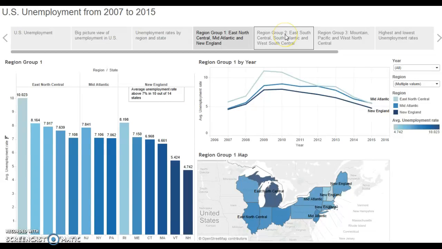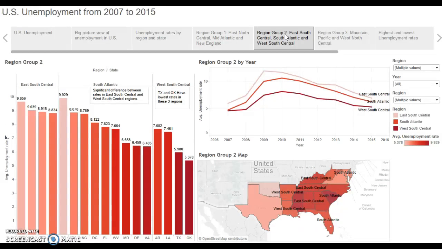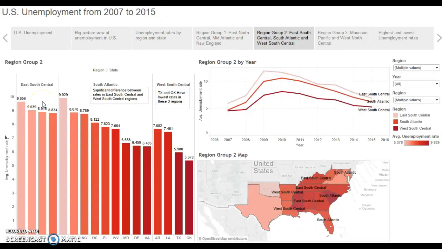And then moving on to region group 2, you have some southern states as well as southern Midwest in this particular region group, and you can see the East South Central has some higher unemployment rates in general, and then you have the West South Central, so Texas, Oklahoma, Arkansas, Louisiana. You have some lower unemployment rates in these 4 states,